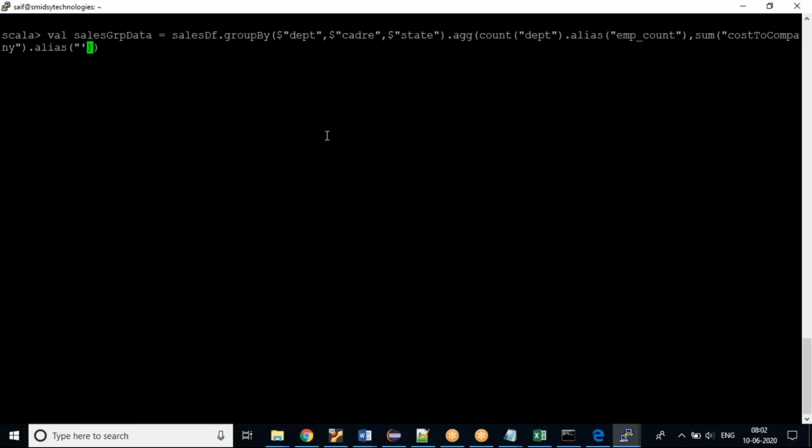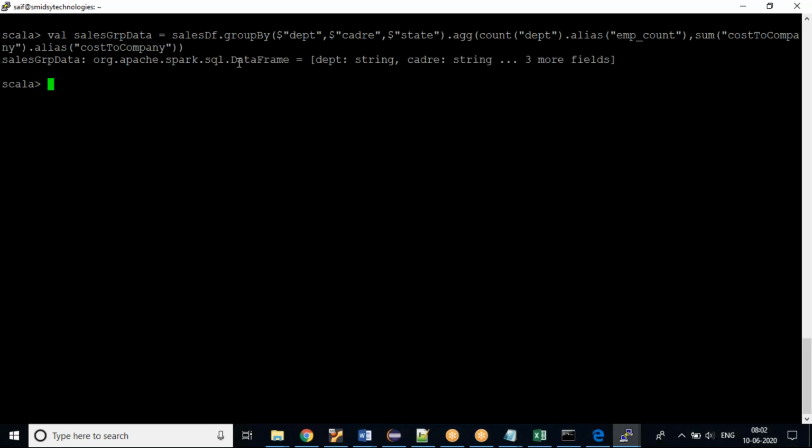It was cost to company. Okay, so I'll give that as my cost to company alias. Let me hit enter. Can you see this data frame has been converted? Now I'll copy this, go over here, and use a show method.